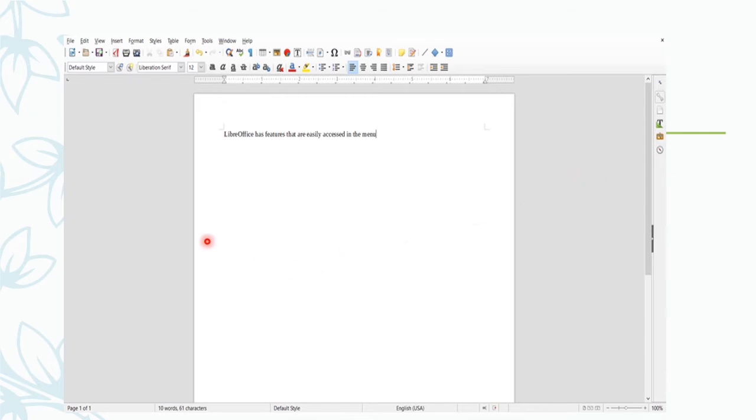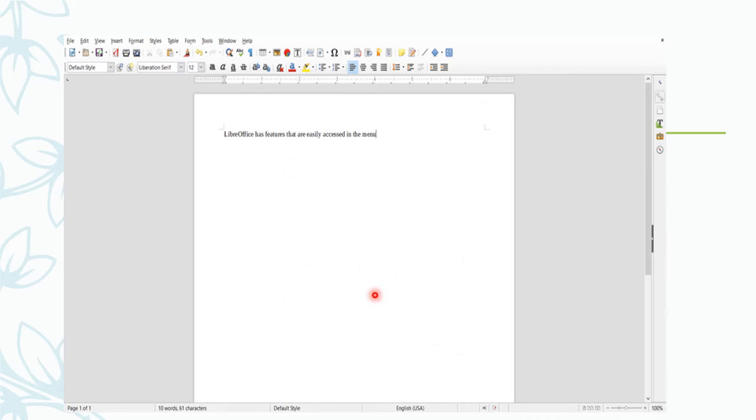This place is called the Workspace, where we are going to type the document. This one is known as the Ruler. This is the horizontal ruler, and here we have one more ruler, called the vertical ruler, to adjust the header position and the footer position.